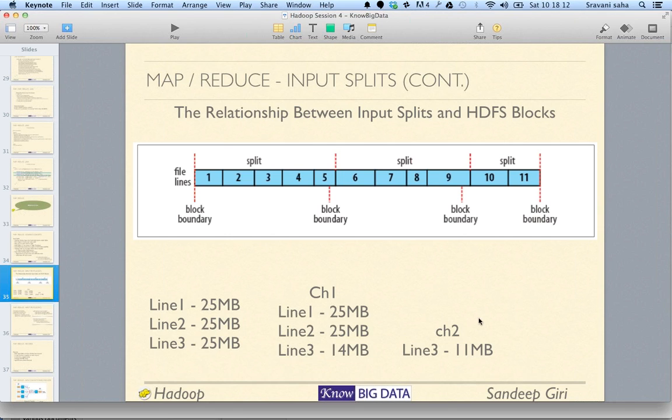Yeah. So this is what I'm talking about. When I say chunk 1, chunk 2, there are high chances that chunk 1 and chunk 2 are on different nodes, which means half of line 3 is on one node, and the rest of line 3 is on another node. So in these cases, before even starting the mapper, input split is created such that the whole input is